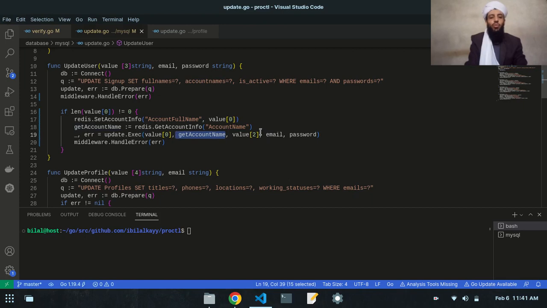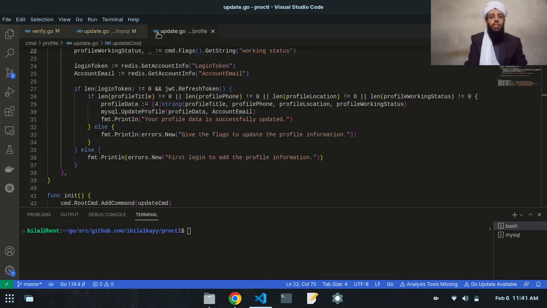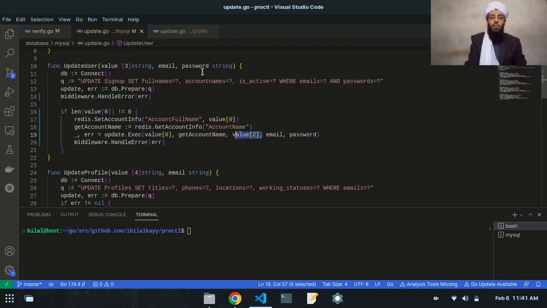All right, and the value 2, I will give the value 2 here inside this update.go file that is present inside the profile directory. So I will work on this, but before this, there are two things that you need to keep in mind. This value, that is the new value 0, will also be stored in the Redis database, and it will be printed here into the MySQL database. And after that,